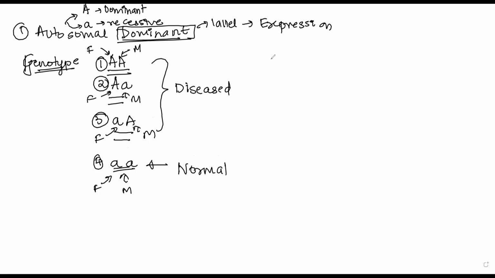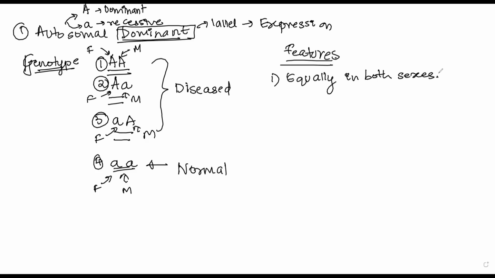Now, what are the features of this kind of autosomal dominant pattern? First feature that is important is they appear equally in both sexes. So let it be male, let it be female, the number will be equal. So if you look at a pedigree and you find that there are almost equal numbers of males and females that are affected, one thing you should right away understand is that it is definitely going to be an autosomal trait because an X-linked trait affects one of the sexes more.